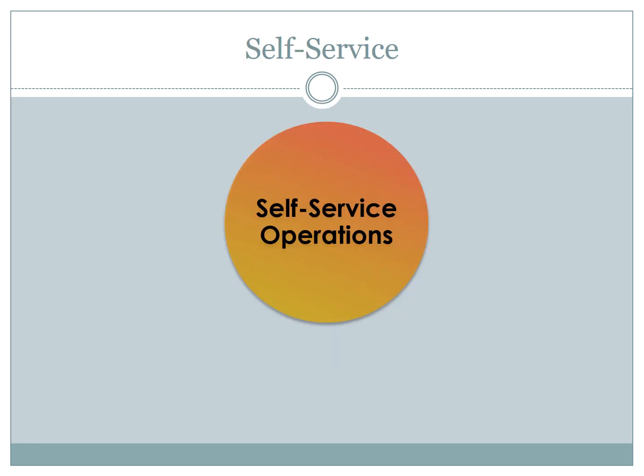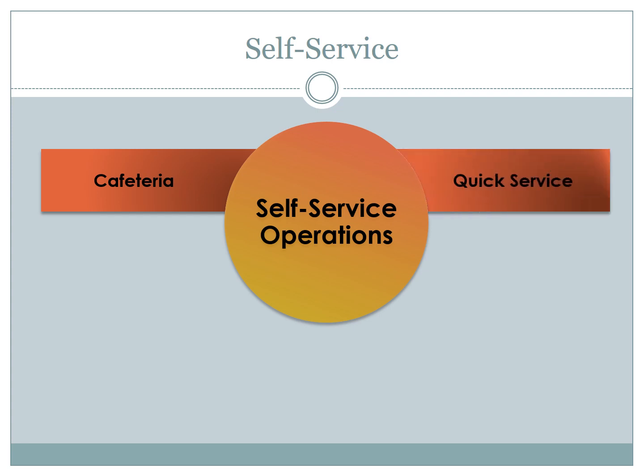All right, we did mention self-service in the last couple of slides, and there are some delineations or different types of self-service that we're going to go into. First is cafeteria. This is the most common used, as mentioned. It is typically characterized by advanced preparation and self-service, or employee served at most, if not all the menu items. It's a predominant form of service used in on-site food service operations and employee feeding operations.